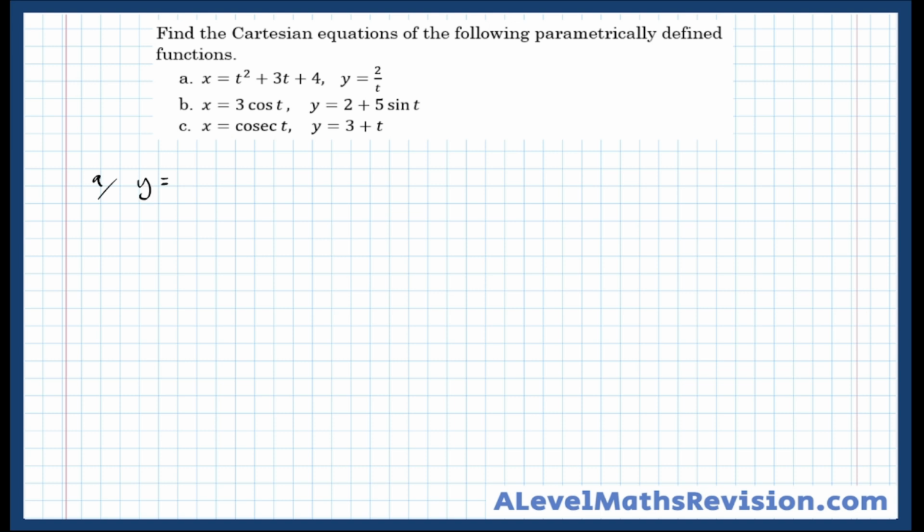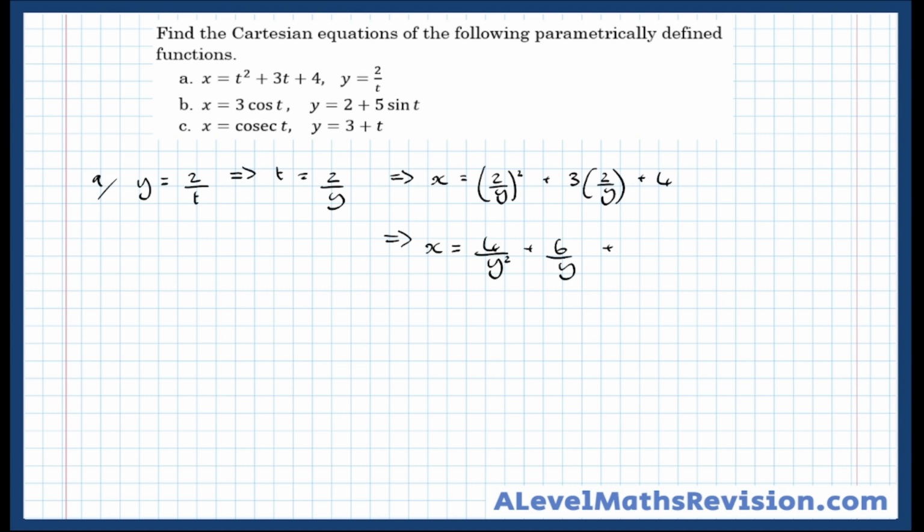So y equals 2 over t implies that t equals 2 over y, and sub it into the other one, which means that x equals 2 over y squared plus 3 lots of 2 over y plus 4, which means that x equals 4 over y squared plus 6 over y plus 4. And normally you'd have y in terms of x, however, there was no mention of a required form, therefore we're